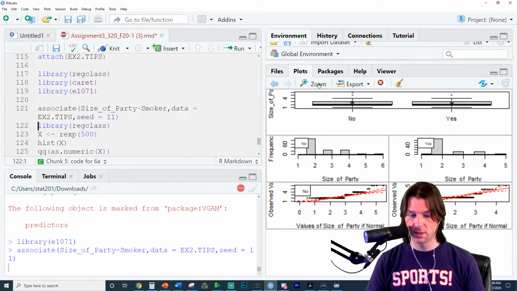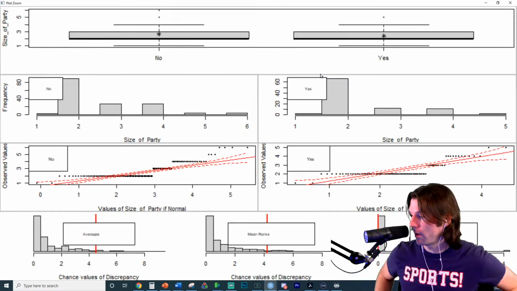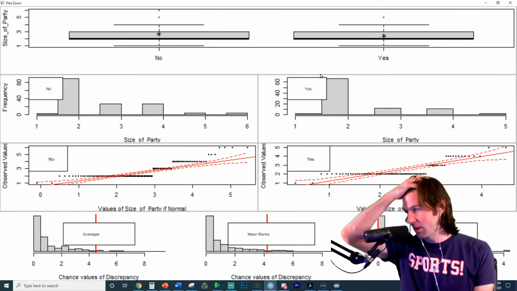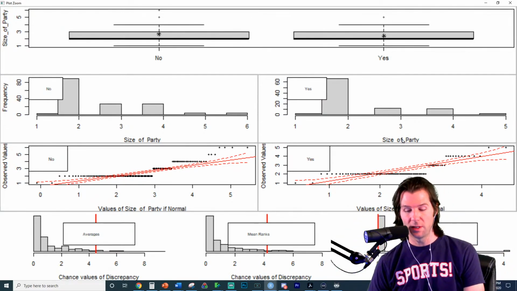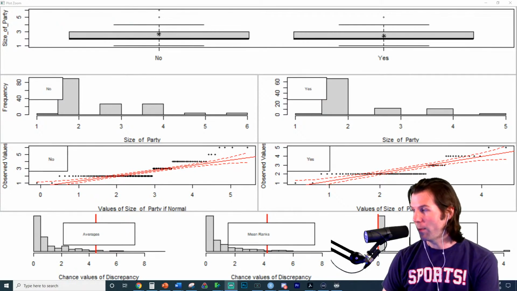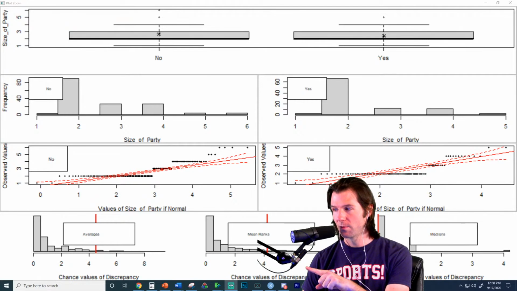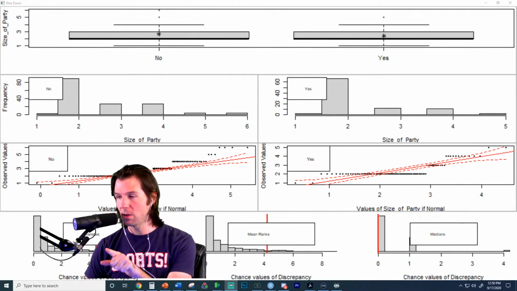And here's the output. So very important stuff on the QQ plot right there. Don't forget how to read a QQ plot. It's one of those things I just see people failing to remember how to do all the time. And down here at the very bottom, we have the random permutations. Now we're most concerned about this one right here. This is the random permutations.